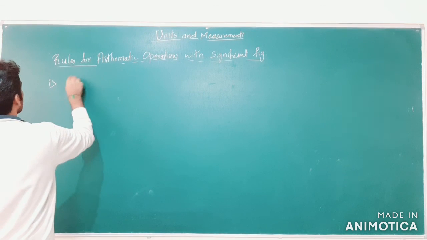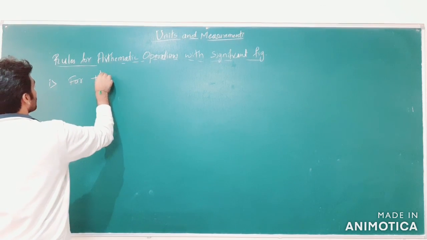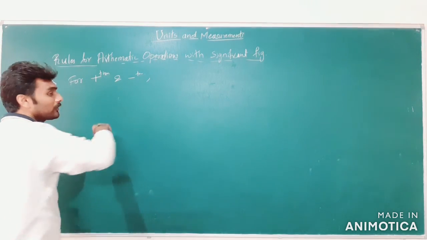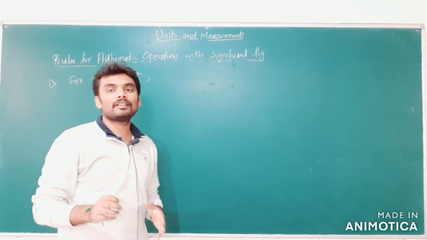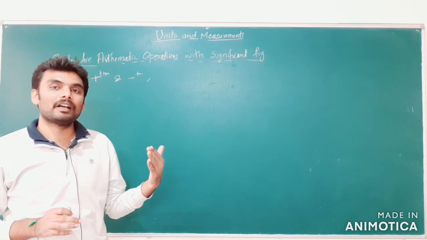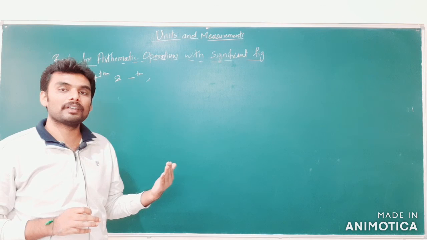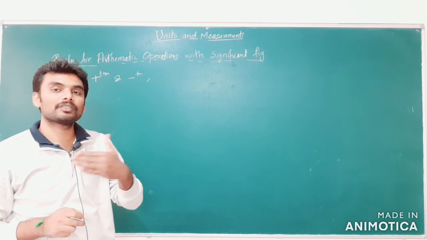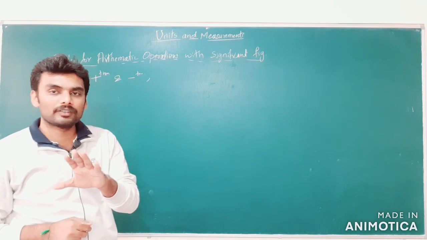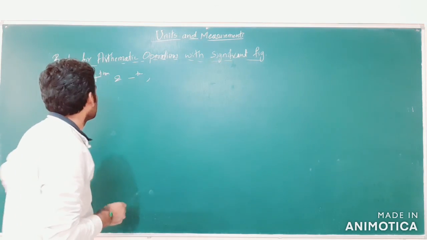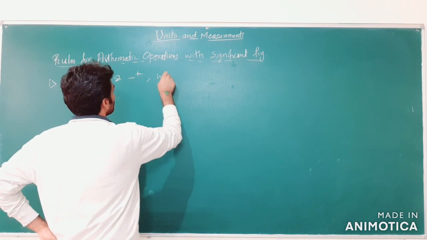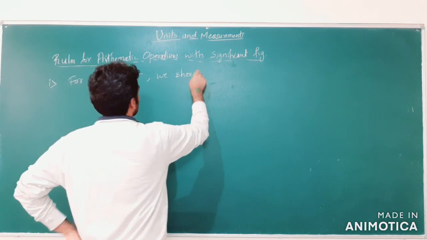The rule is we should retain as many digits after the decimal place in the given numbers with the least number of decimal places. So you'll understand once I write everything. For addition and subtraction, we should retain